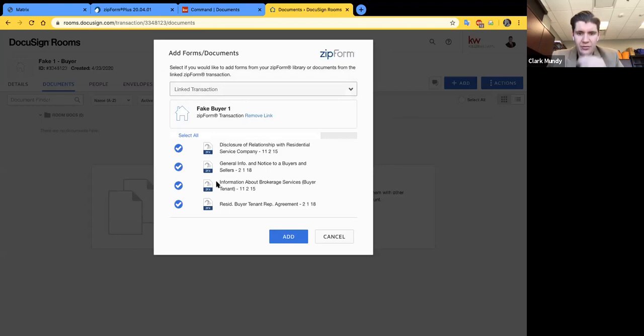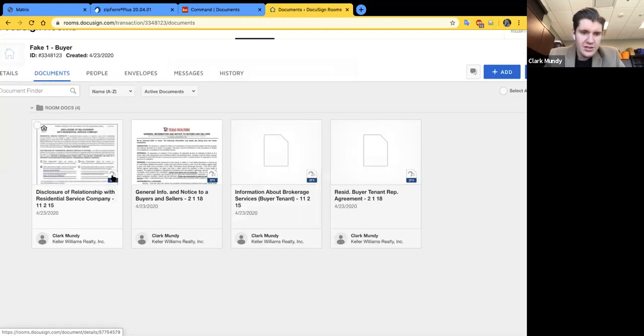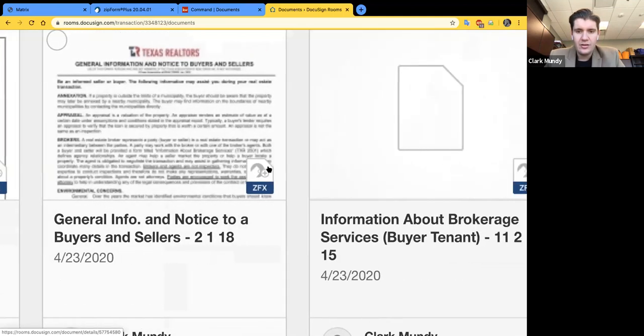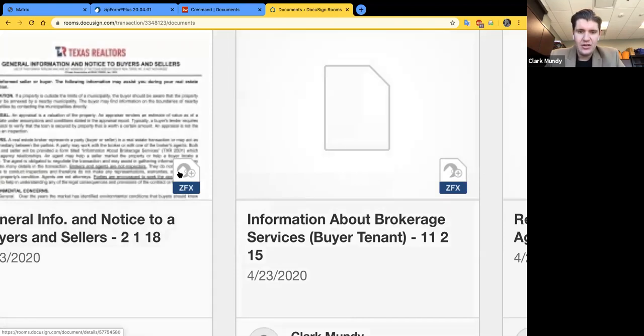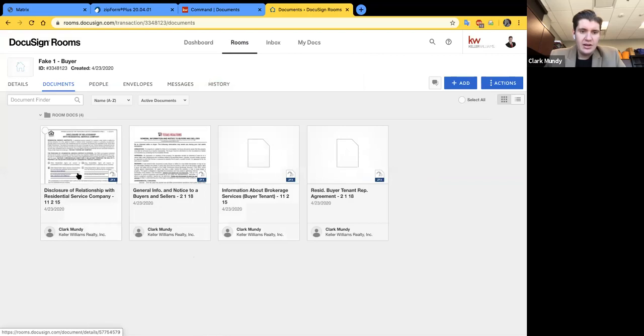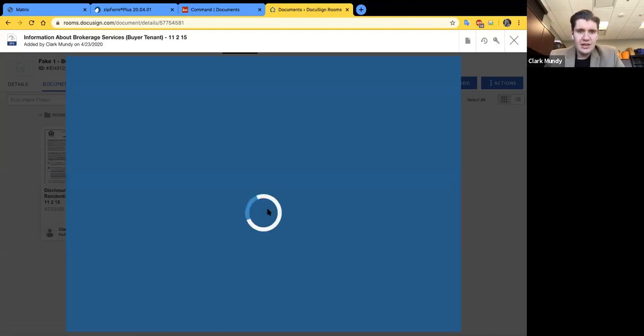See, it pulled in all of my forms that I created with y'all earlier. And you'll also know that you're dealing with a ZipForms form and or template because right here, I'll zoom in on my screen. It says ZFX for those specific forms. A ZipForm file or form is a ZFX over here. It'll have that little icon there for you, okay? And now I can click in, say I was hesitant and wasn't sure. I wanna make sure my IABS and everything looks good. When we click into there,